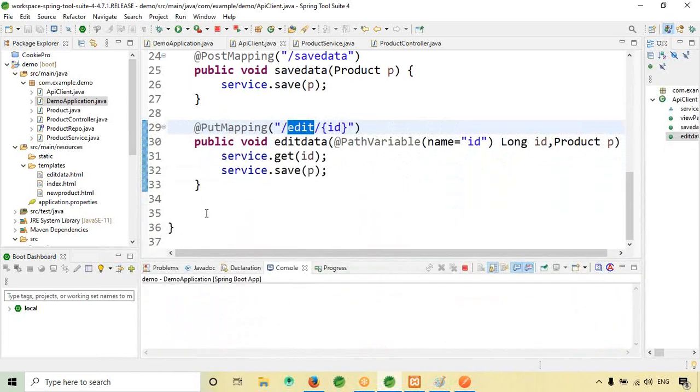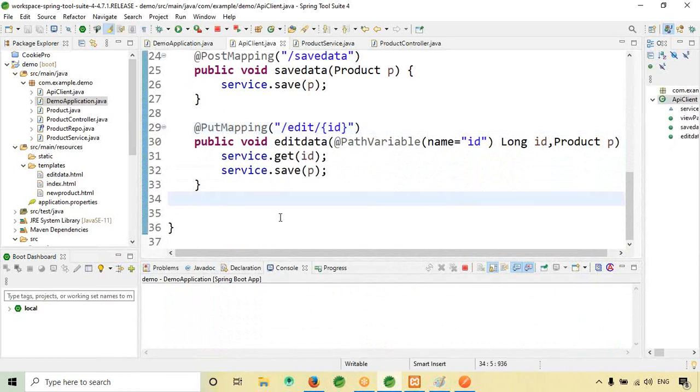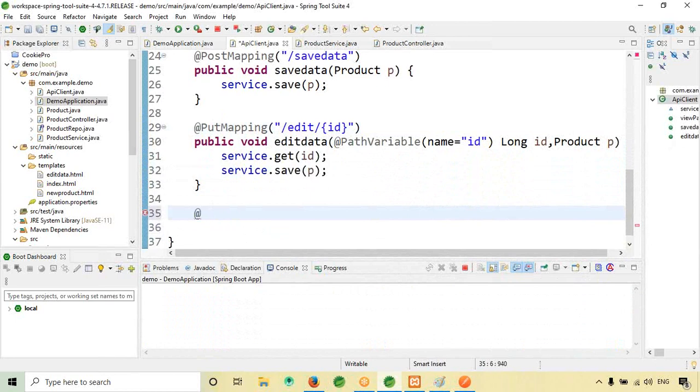That's great. Okay, so last is delete mapping to delete the data. So @DeleteMapping, so we have to use delete mapping.